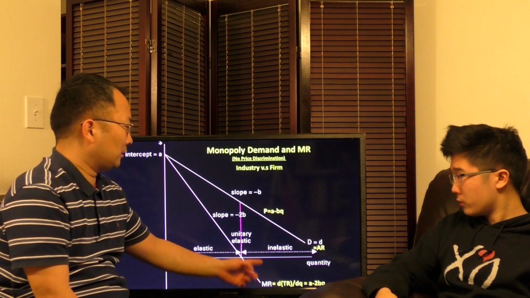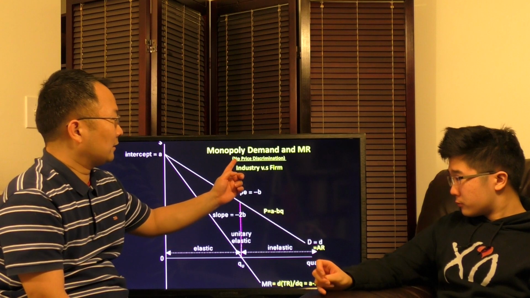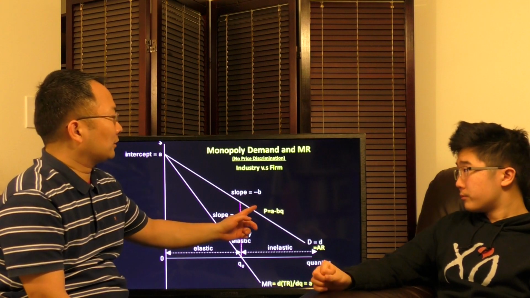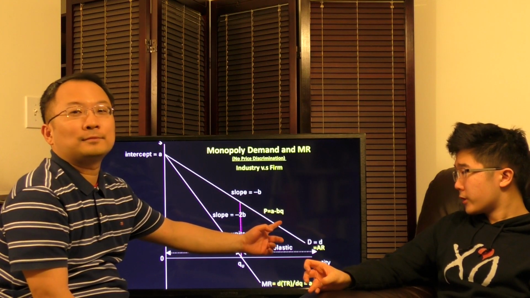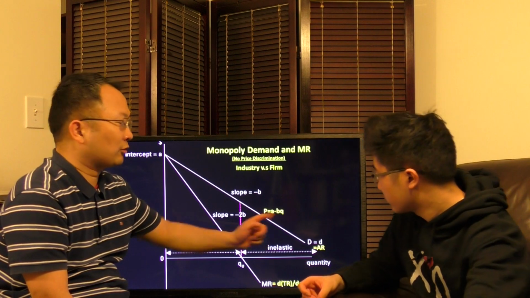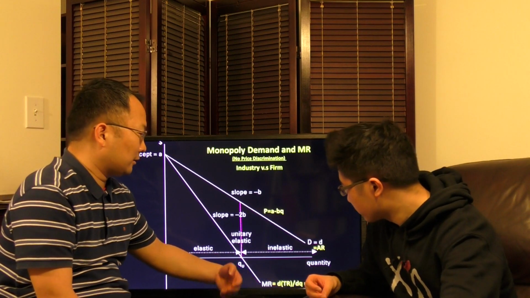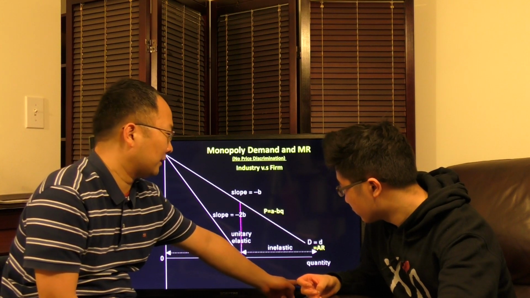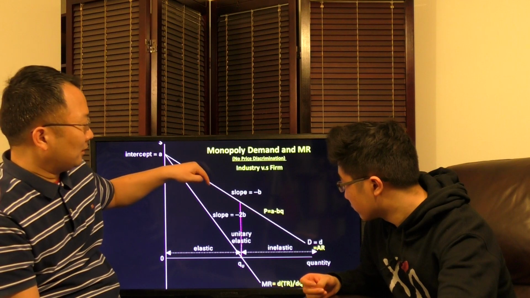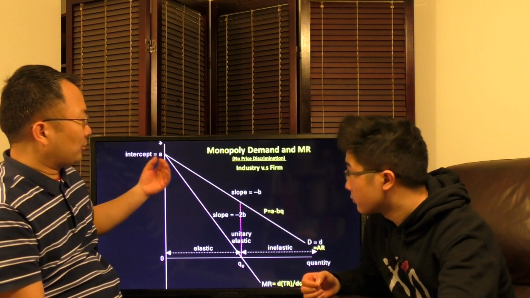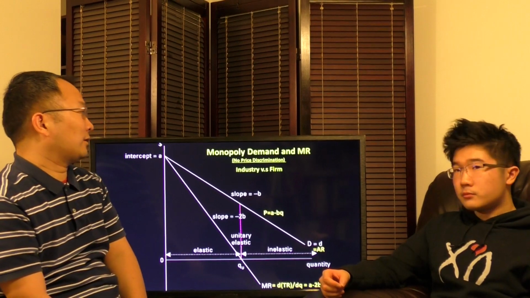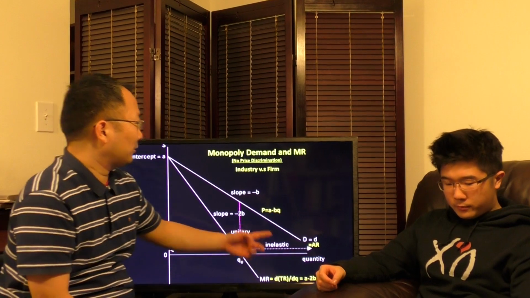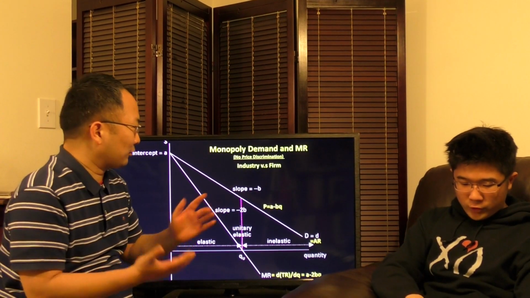Exactly, because you can easily find the total revenue, since there's no price discrimination. All the customers face the same price, right? So the total revenue is pretty simple. It's P times Q, so it's AQ minus BQ squared. Very simple calculus knowledge will tell you that the derivative of this total revenue with respect to Q is A minus 2BQ. So it's pretty straightforward. With basic algebra, geometry, and calculus, you can see that the marginal revenue is A minus 2BQ. So basically it's the same intercept, just twice as steep.